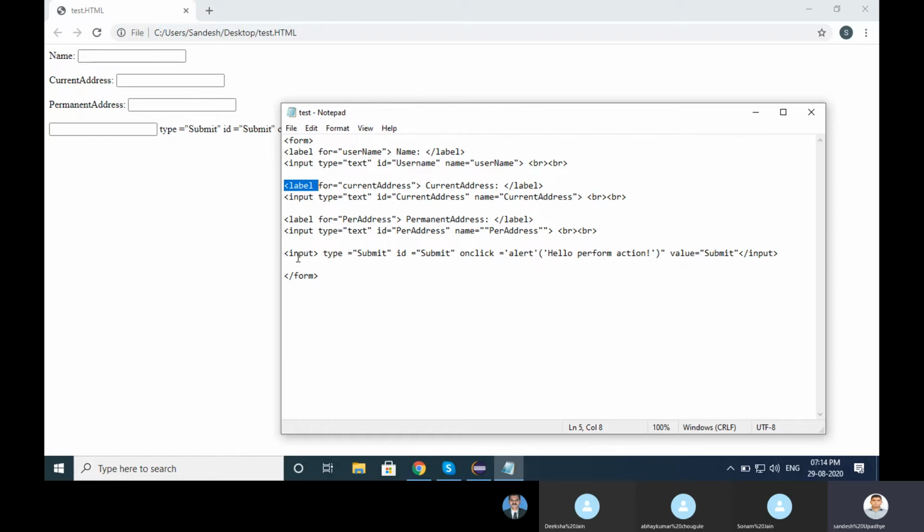The button is not created. Input type submit, id submit, submit button, alert value submit. After input one extra bracket is there. Where the cursor is, after input one extra bracket is there. Input type, okay, in between this.